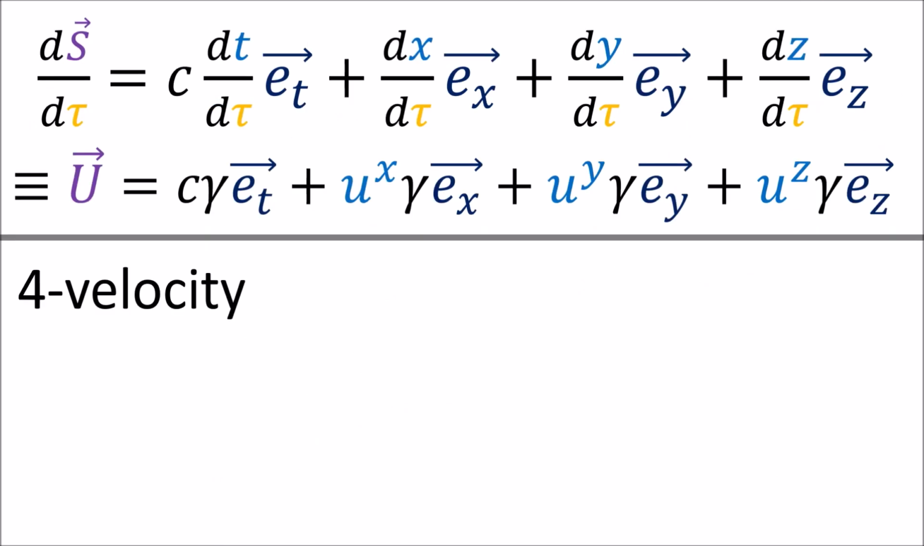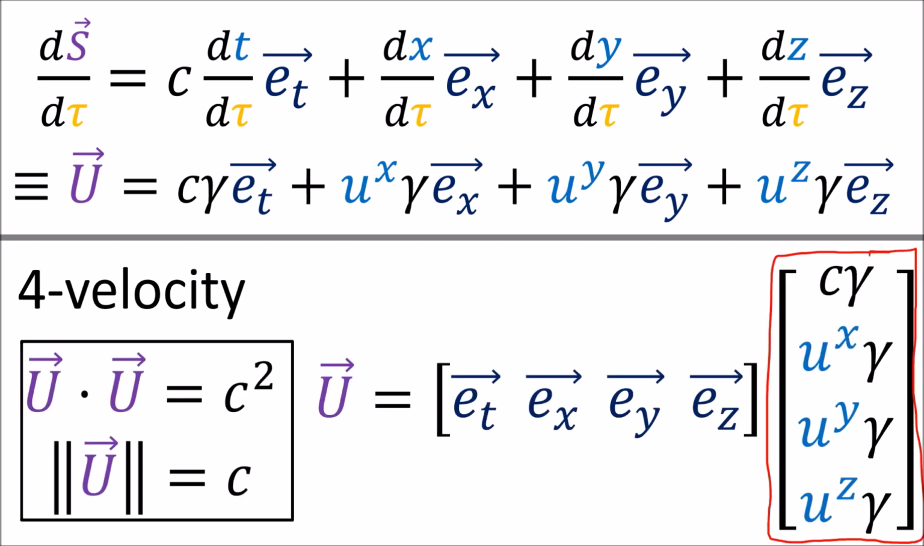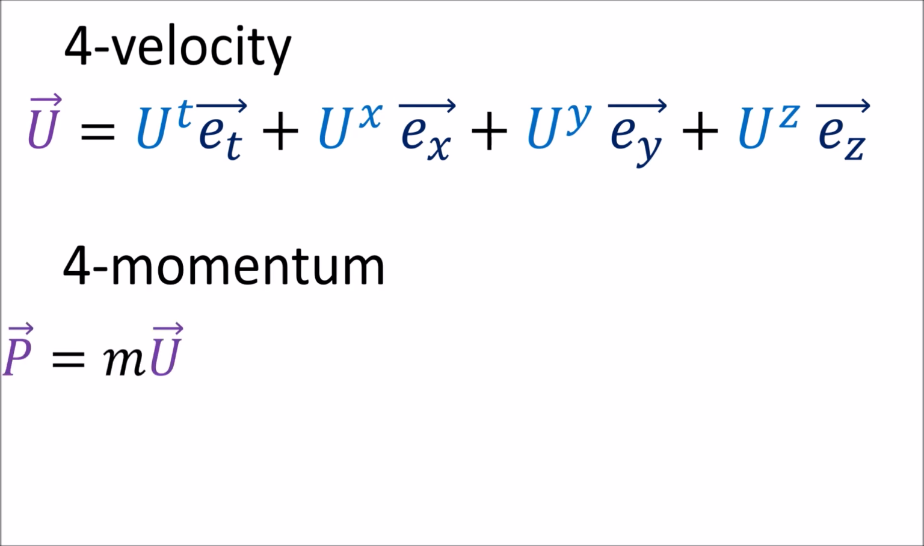So we've learned that the 4-velocity vector big U is just the derivative of 4-position big S with respect to proper time tau, and these are its components, and its Minkowski length will always be c. Let's take a look at another 4-vector, the 4-momentum, capital P, which is defined as the mass times the 4-velocity